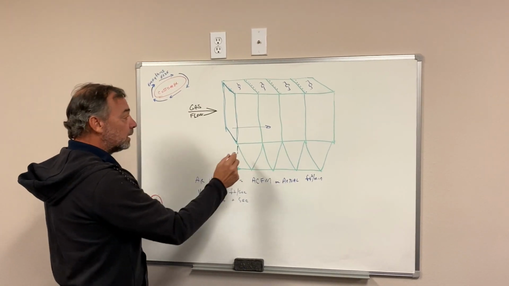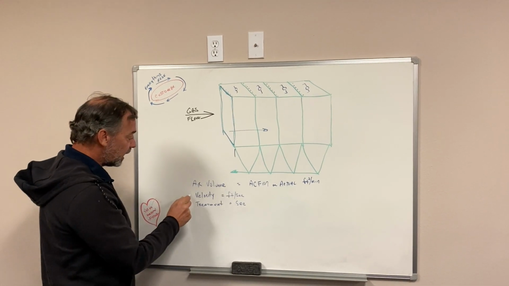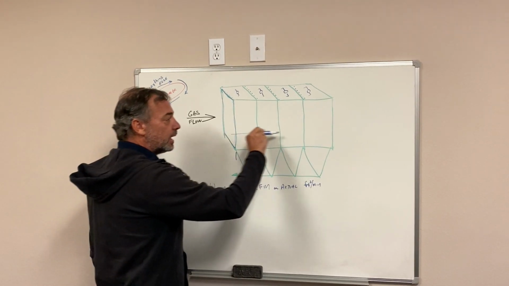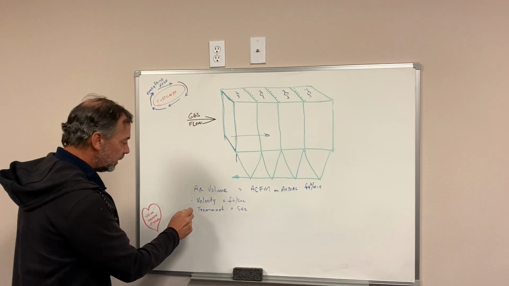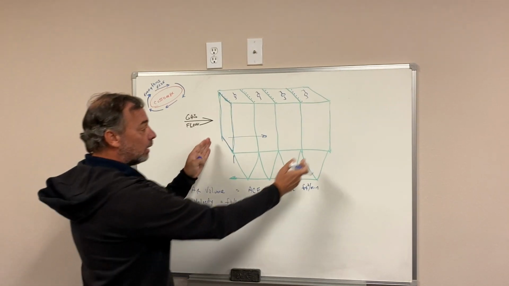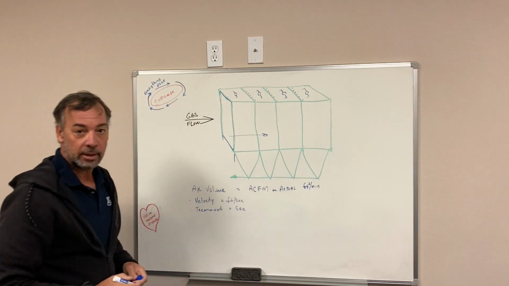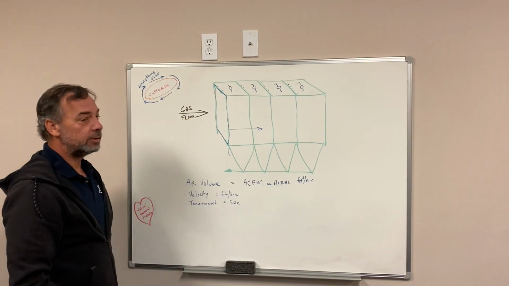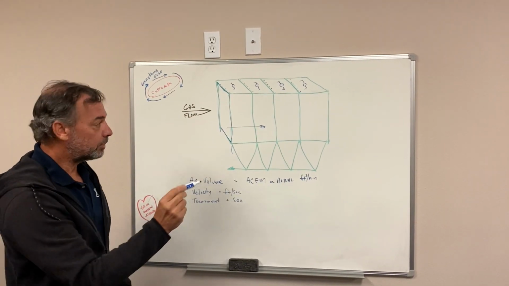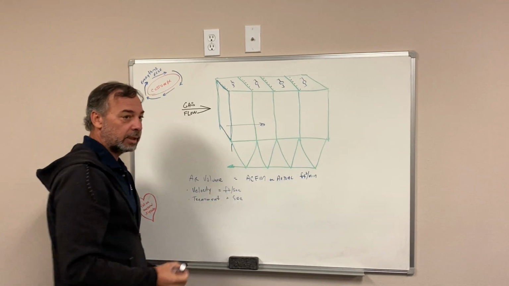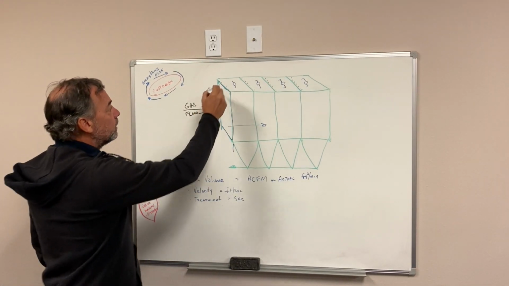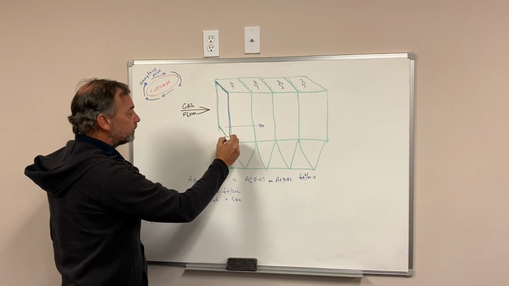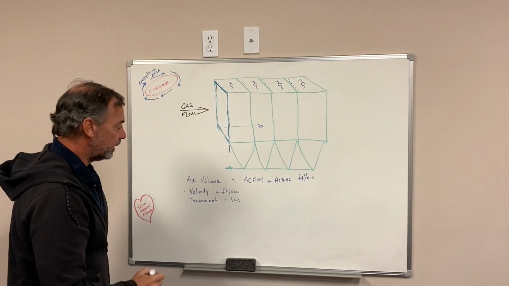Two things we need to look at in a precipitator: one is velocity, how fast the gas is moving through the precipitator, and two is treatment time, for how long it is in the precipitator. Of course, the quicker it moves through, the harder it is for that particulate to move towards the plate and collect. So you take this open area right here, and this will come out as square feet,